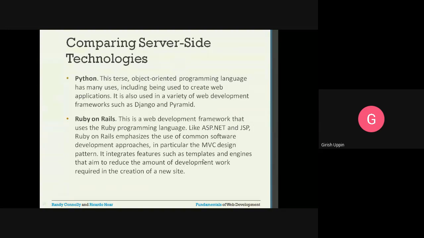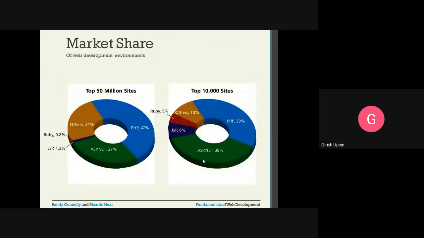MVC is the model view controller design, the most common approach used for web application development. It integrates features such as templates and engines that aim to reduce the amount of development work required to create new websites.